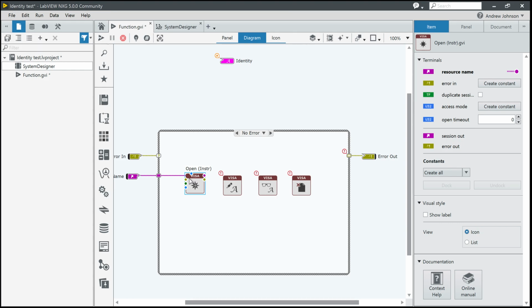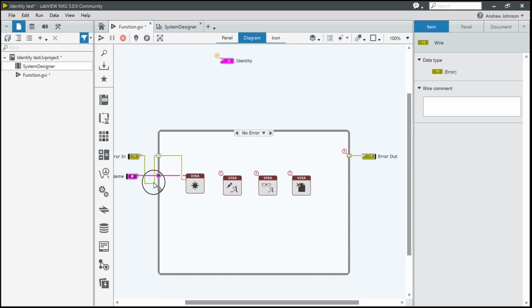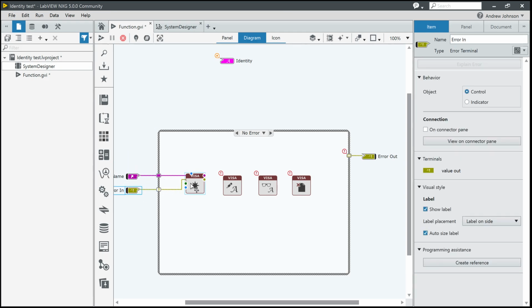So here we can pass in a session, we can pass in an error, which we would want to link in from here. And let's just rearrange that slightly. We can indicate whether we want to duplicate a session or not, or a specific type of access mode. Now, if this doesn't really make much sense to you, because it may not be, we can use,